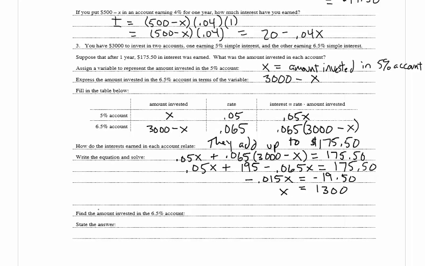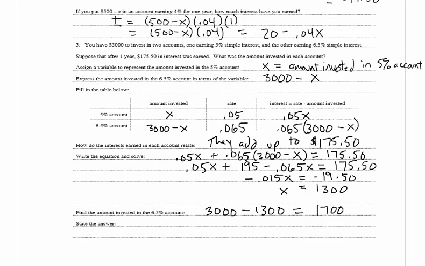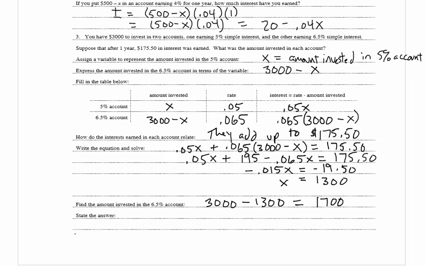And then we want to find the amount invested in the 6.5% account. So we're going to take our total, 3,000, and subtract out the 1,300 that we had invested in the 5% account, and we get 1,700. And now they want us to state the answer. So we can say that $1,300 was invested in the 5% account,